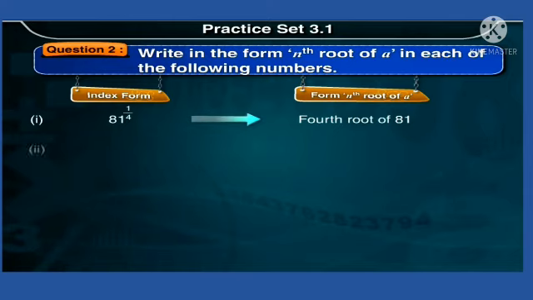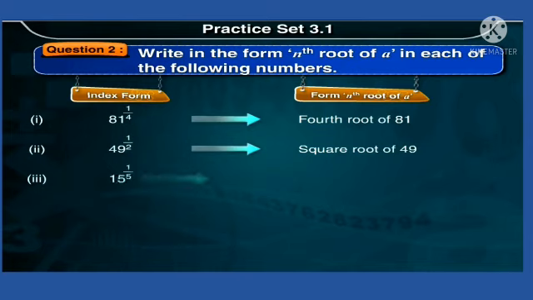fourth root of 81. Now the second one, 49 raised to 1 upon 2 is written as square root of 49. Third one, 15 raised to 1 upon 5 is written as fifth root of 15. Can you write the remaining numbers? Now the fourth one,